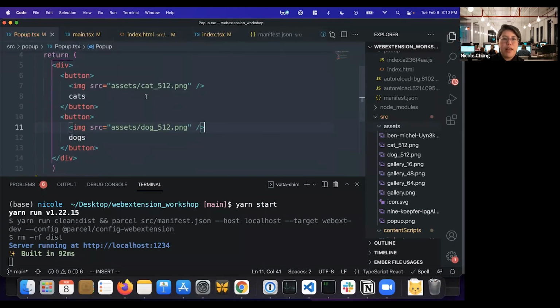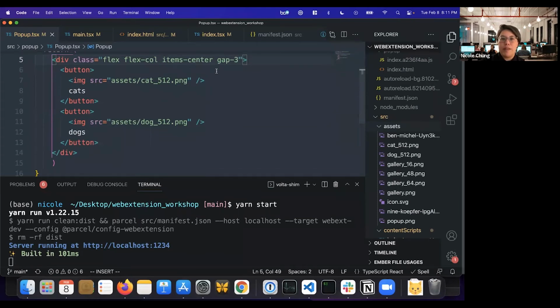And it's dogs. And now we're going to add a bunch of classes. So to the outside div, we're going to have a class, and it's going to be flex-col. That's really the direction. We're going to put stuff in the center, so it's items-center. I'm going to give it a gap of 3. If you don't know Tailwind, don't worry about it, you can just copy and paste the classes. Maybe someone can drop them into the chat. Okay, and then it's justify-center